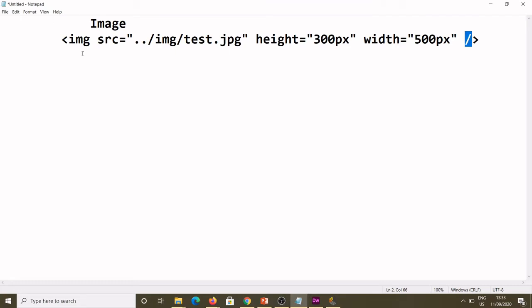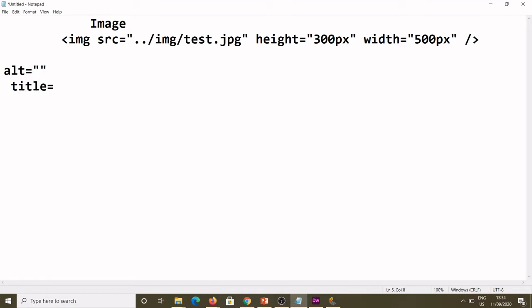Got it? Another point: one important question for the B2 exam is that they will ask you to explain any three attributes of the image element. So first you can write src, the source, second is height, and third is width. Apart from these three, two more are popular. One is called alt, and another is called title. Alt is just like an alternative for the image.